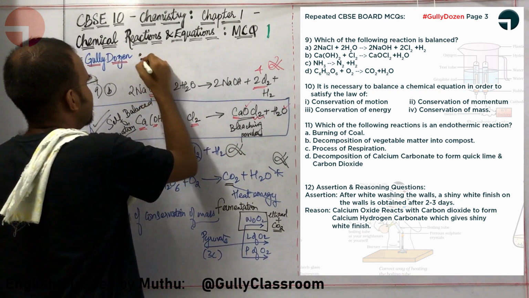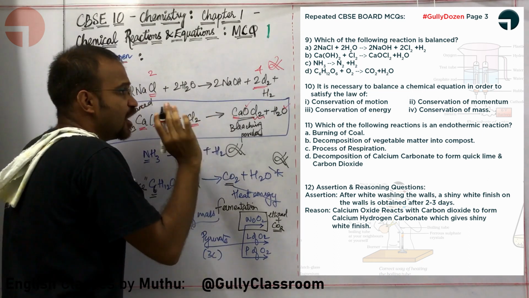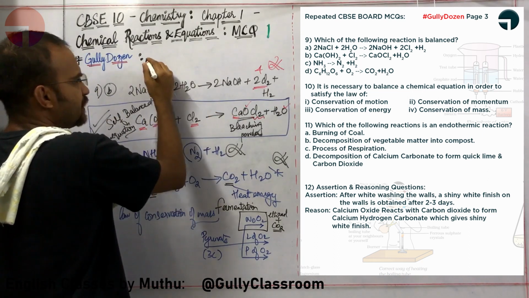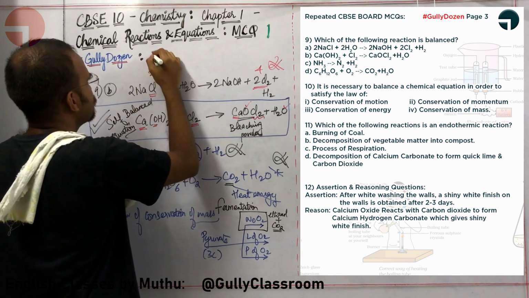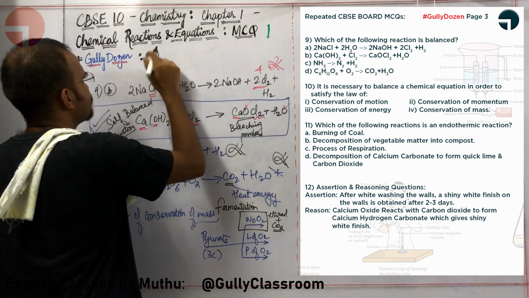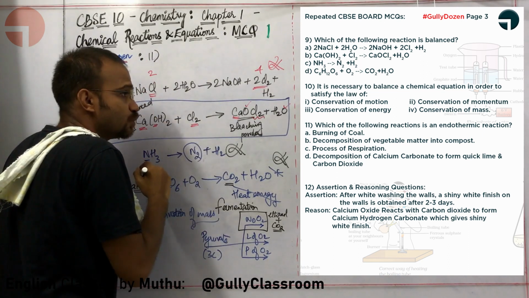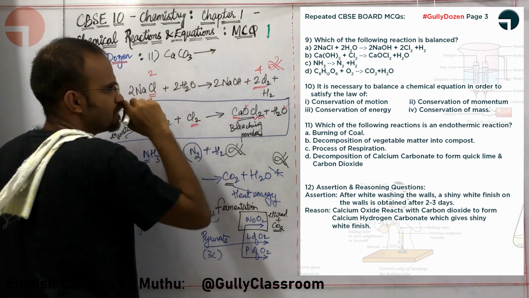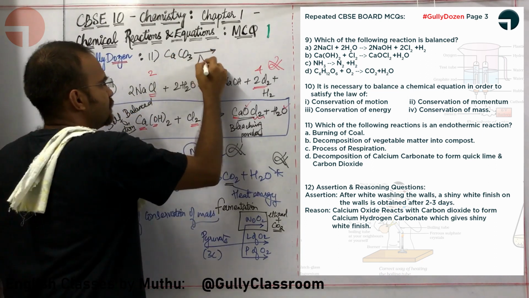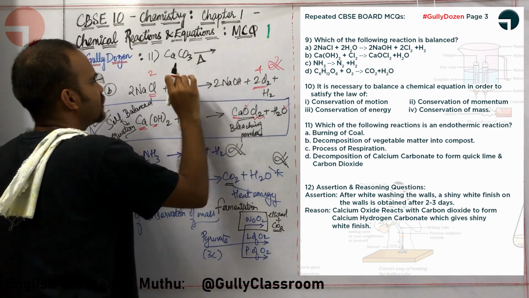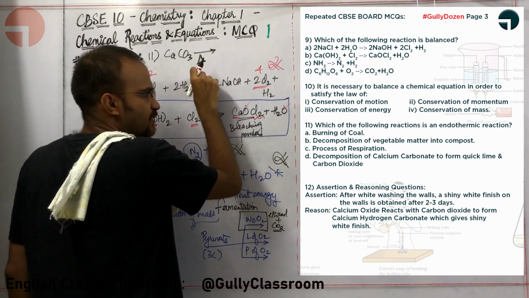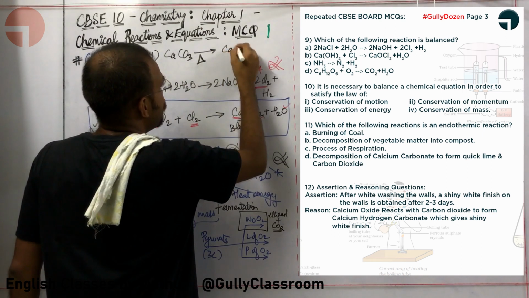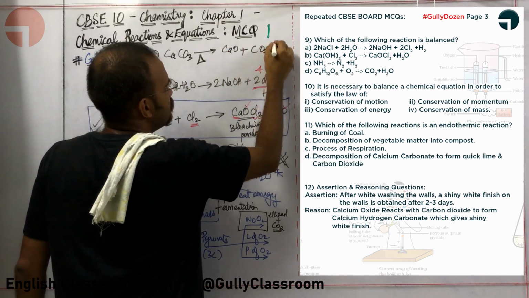Let me use this particular space over here. Option D. Let me write the 11th question. I am writing the chemical equation for the 11th question. What is combining with what? Decomposition of calcium carbonate. CaCO3 is decomposing, which means I am giving it some heat. Delta means I am heating it. CaCO3, I am giving it some heat to form quicklime, CaO, plus CO2, which will be released into the air.